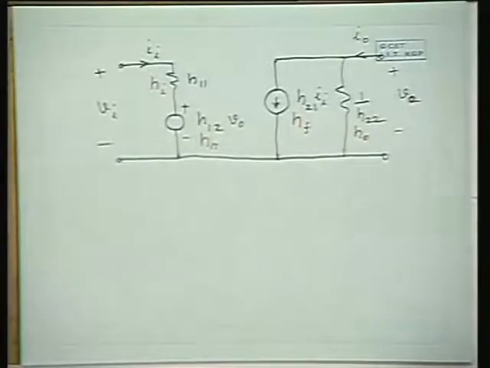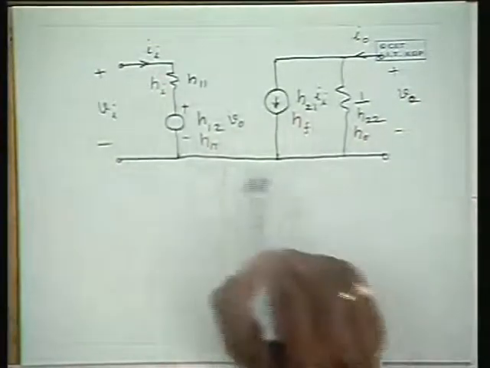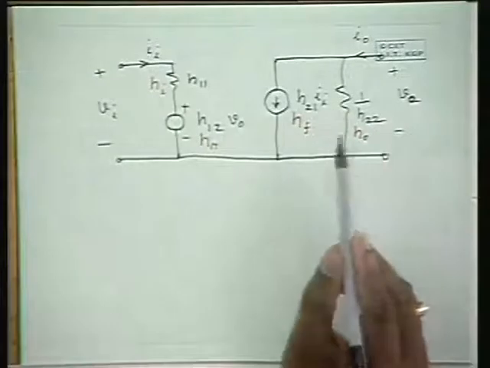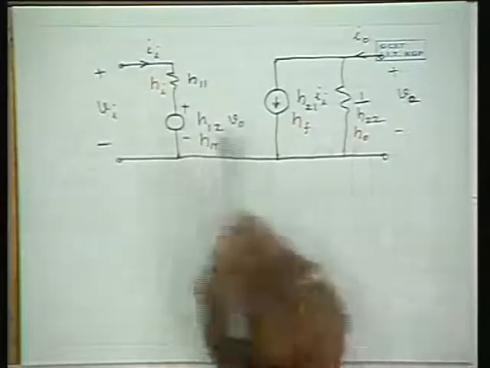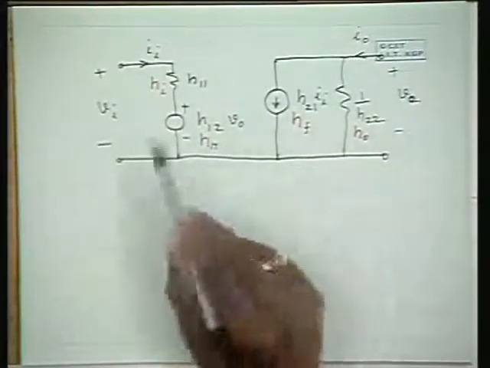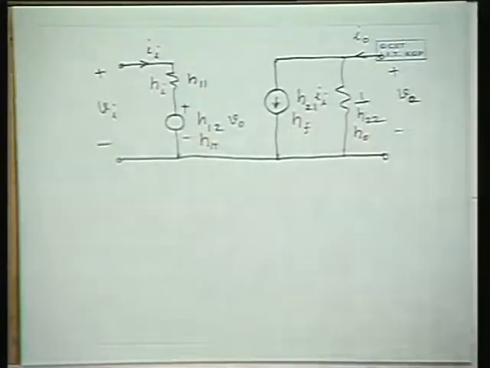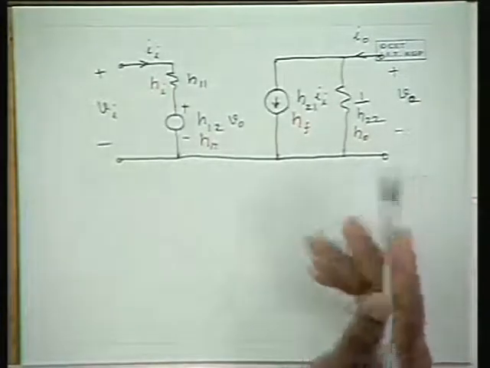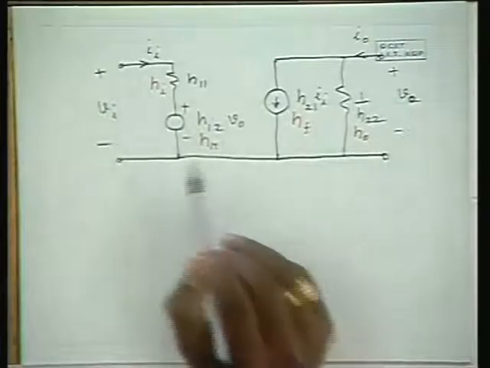Now, this kind of model can be used for the different configurations. For a common emitter amplifier, this kind of model can be used. For common base and for common collector also the same kind of circuit model can be used. But please note that in each one of these cases, the various parameters are different, because the input impedance, whether under short circuit conditions or not, is different for different configurations. We have already seen it for different configurations. Therefore, these parameters are going to be different.